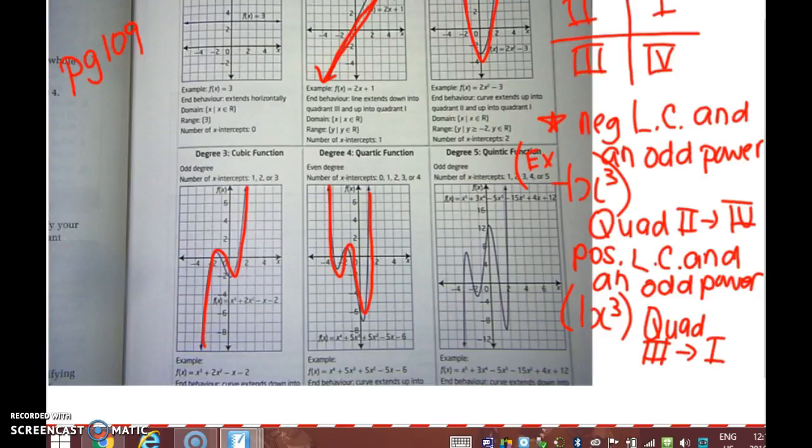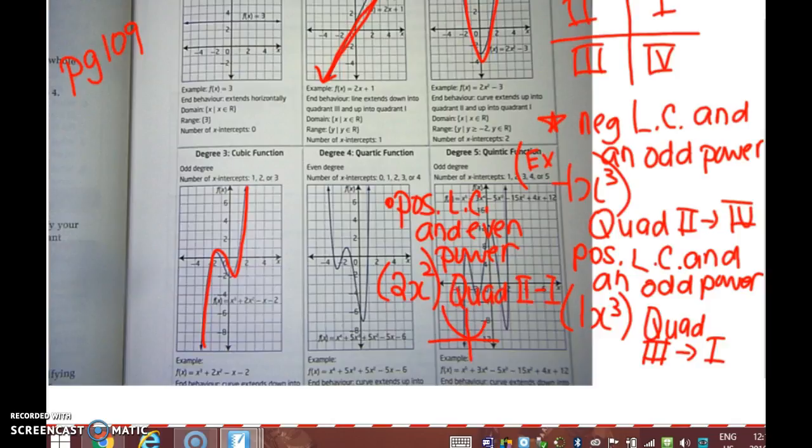Okay. The last two, put them over here. If I have a positive leading coefficient and even power, so it looks something like this, even power, positive leading coefficient, it goes from quadrant 2 to 1. So if you're positive, you're even smiling. So it would look like this. And our last one, if you're not positive, if you're negative and even power,